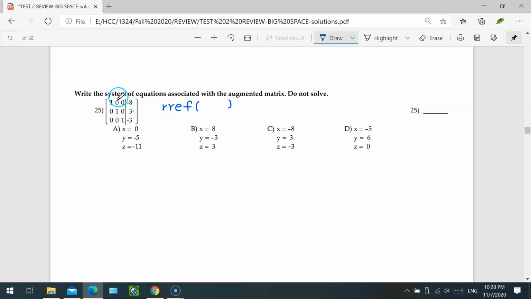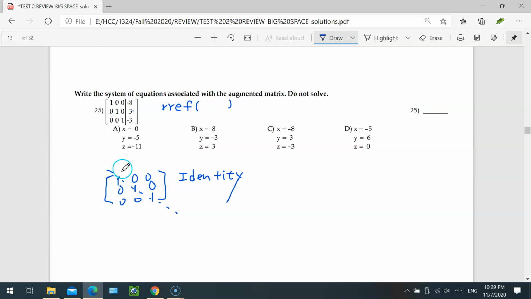Okay. So when the result of your augmented matrix using the RREF gives us this 1, 0, 0, 0, 1, 0, 0, 0, 1, we call this type of matrix an identity matrix. So your 1s all have the diagonal arrangement. The diagonal line has all the 1s, and all the remaining numbers are 0. So in that case, we call this an identity